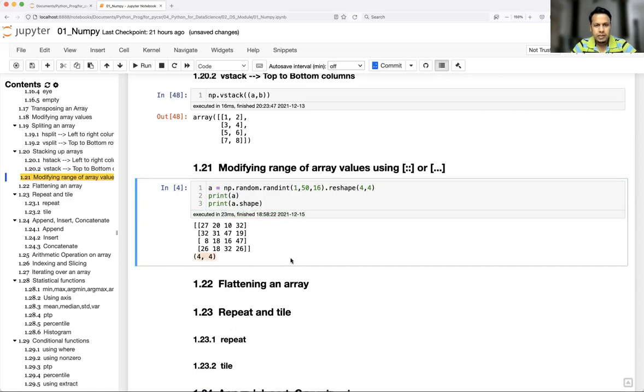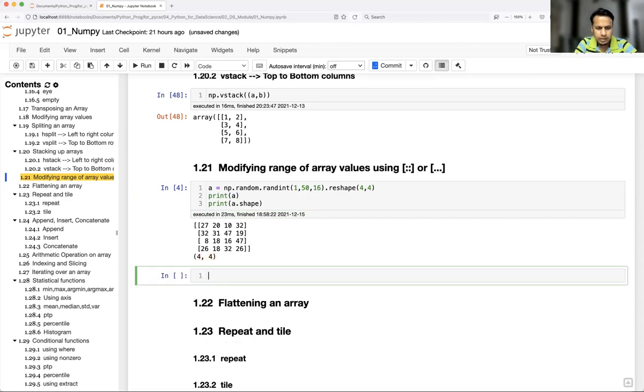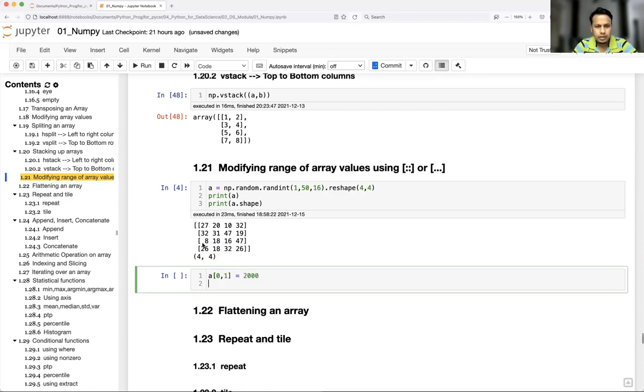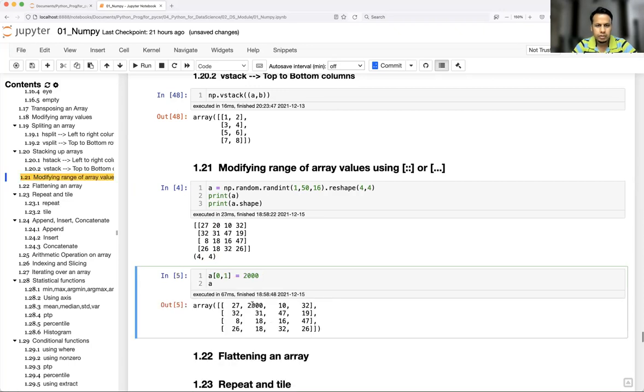So in the previous video, I told how to modify one particular value, right? So let's do a small revision here. I would like to modify this particular value, right? So 20, I would like to have 27. Okay, so this comes under which row? It comes under the first row, that is the 0th row, and the first column, right? And you just do the assignment, correct? That's how you change it, right? Now 20 got replaced as 27.